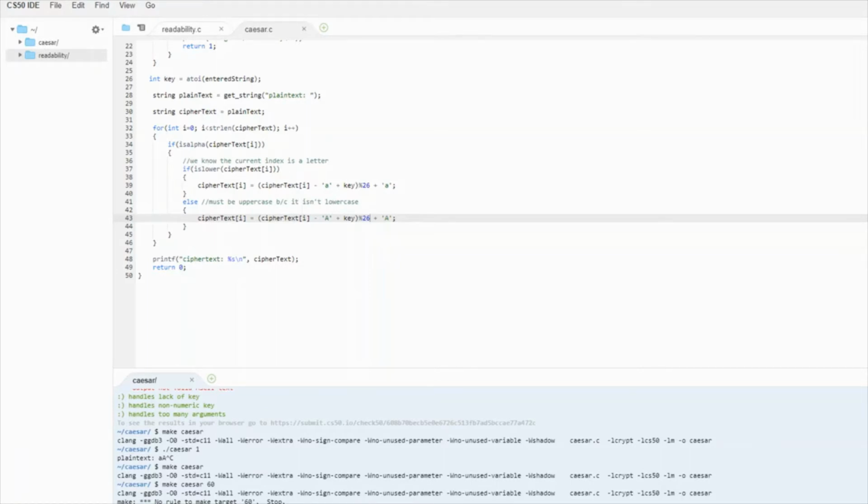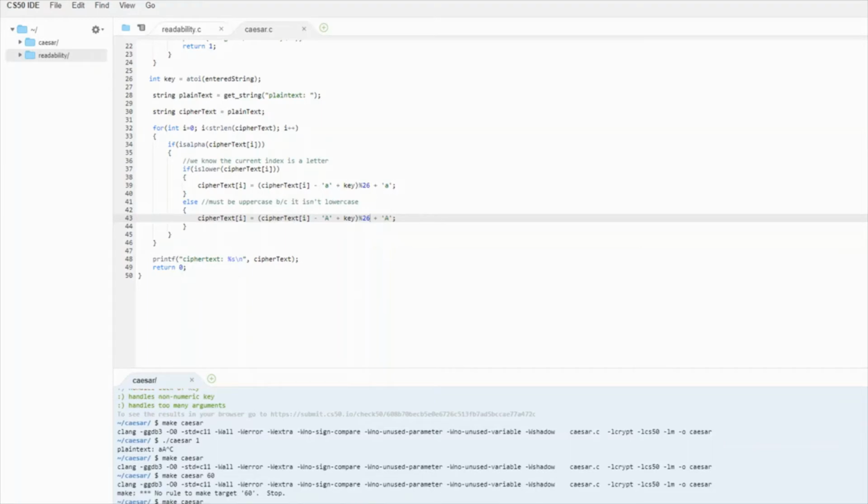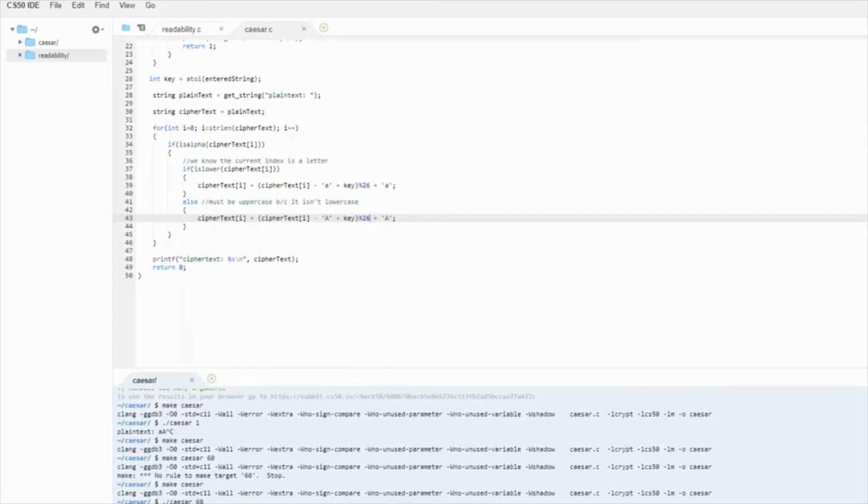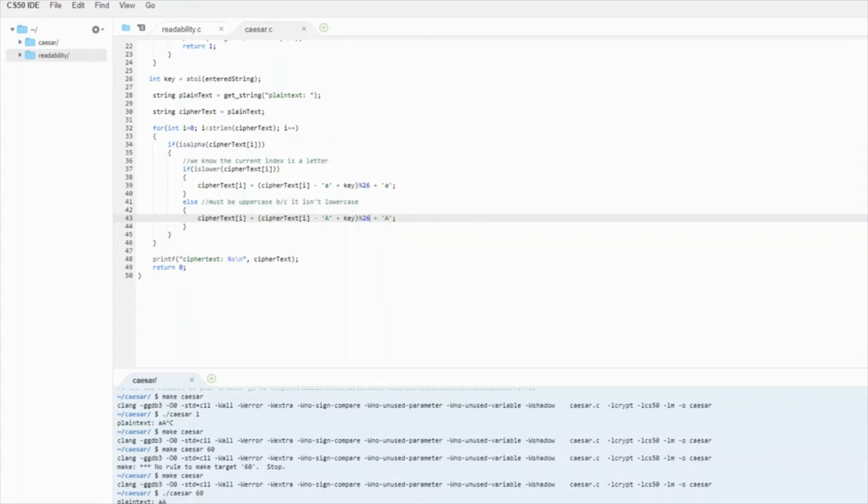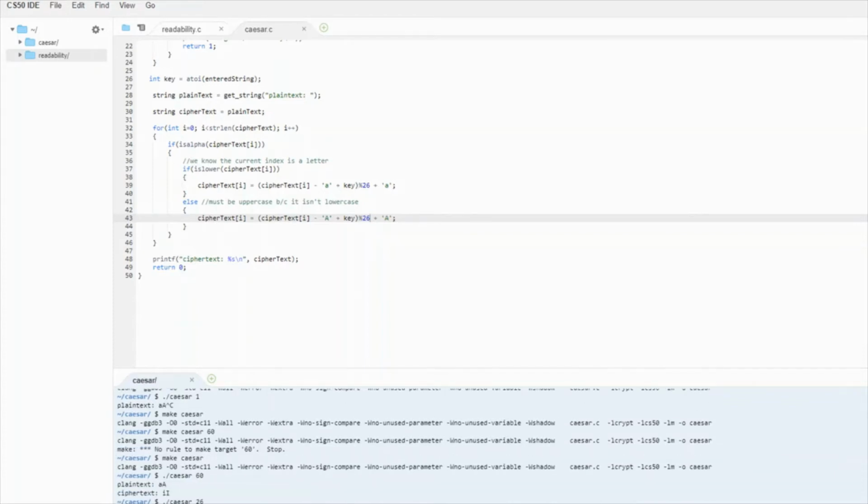And this came out as I. So let's do this with, let's say 26. A, which makes sense because we're running a modulus of 26 against a 26, so that will equal 0. I could do this again with a 27, and this should increment both these A's by 1 to make it B. Sweet! So I think we fixed the issue.